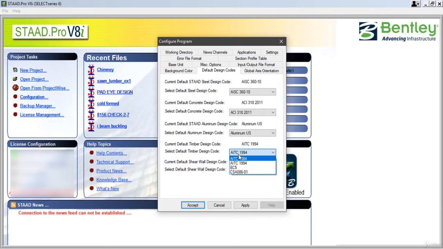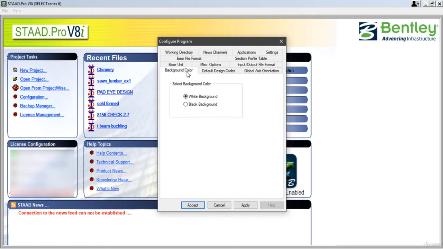I repeat again, these options are available depending upon your license only. Maybe if you have a Eurocode version license, then only the Eurocode version option will be available in your software. After that, default shear wall design codes, that is either ACI or BS or IS 456. We can go ahead with ACI only. So we have selected all the options as American version options.